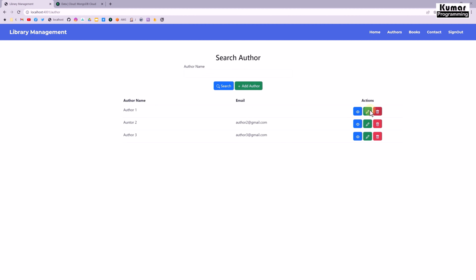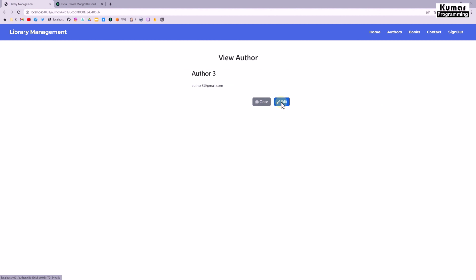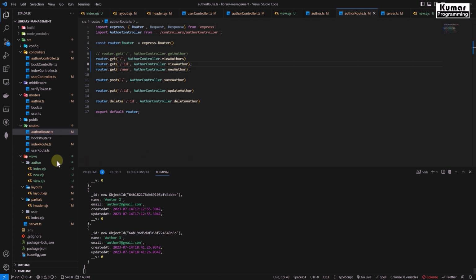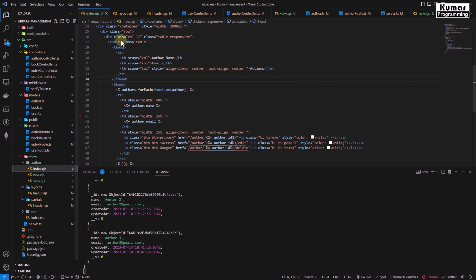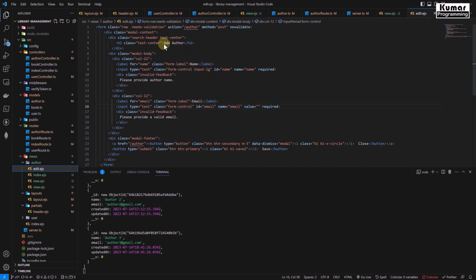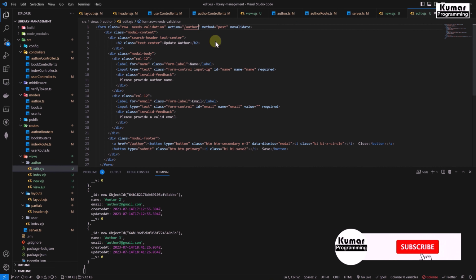Now we have to work on the edit author. Okay, so now let's work on the edit author. In our author folder, I'm going to create a new template, or we can just use this new one, and I'm going to name it edit.ejs. Inside this edit.ejs, we are going to give update author, and here we should be passing our ID because now we are required to load the author data as well. So here we have to pass our author ID